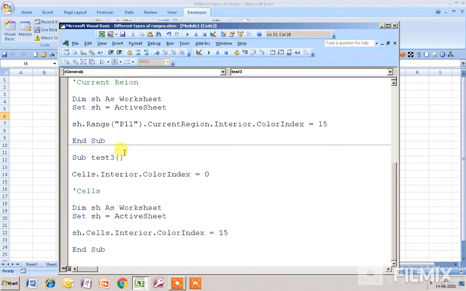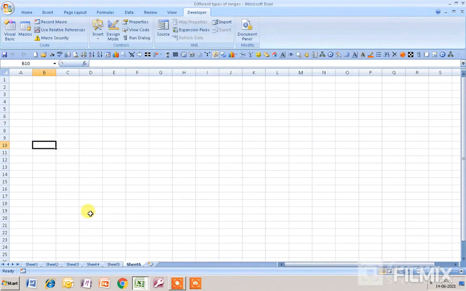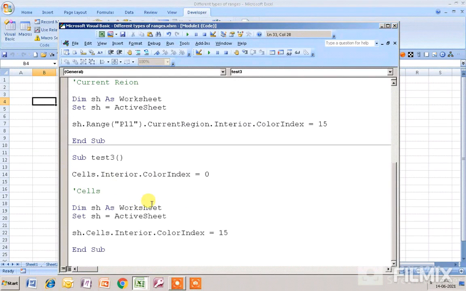Okay, and you can see my active sheet is now sheet 6, and if I run the code, then you will see that the code will run only in this particular worksheet, and all the cells in this particular worksheet will turn to gray color. Okay, so I run the code.